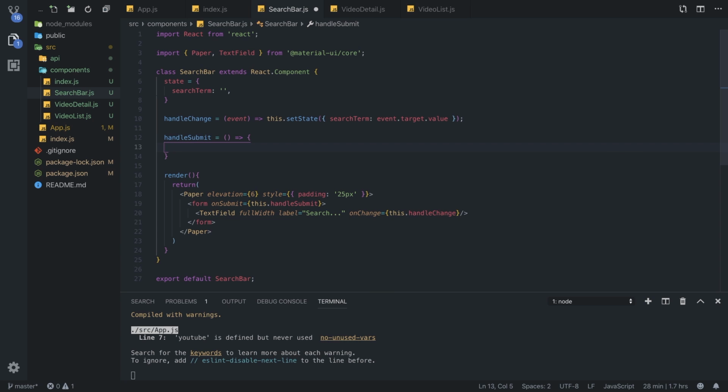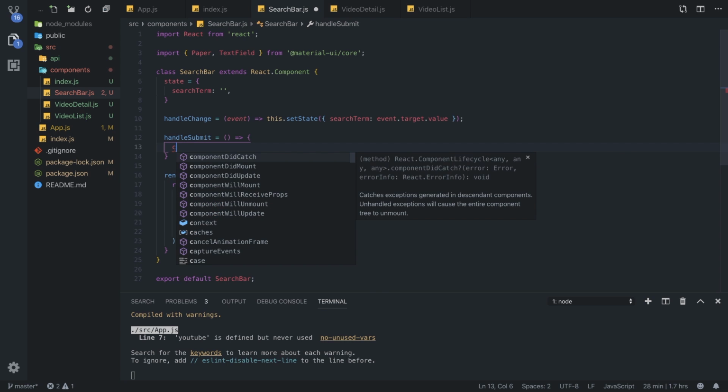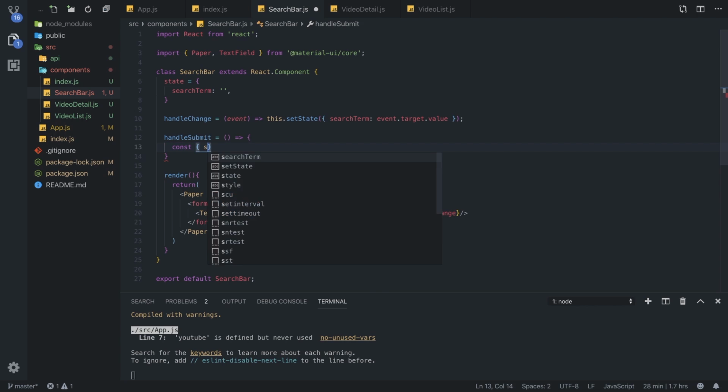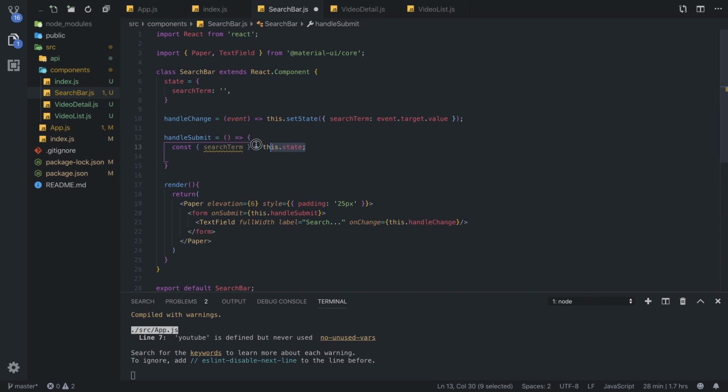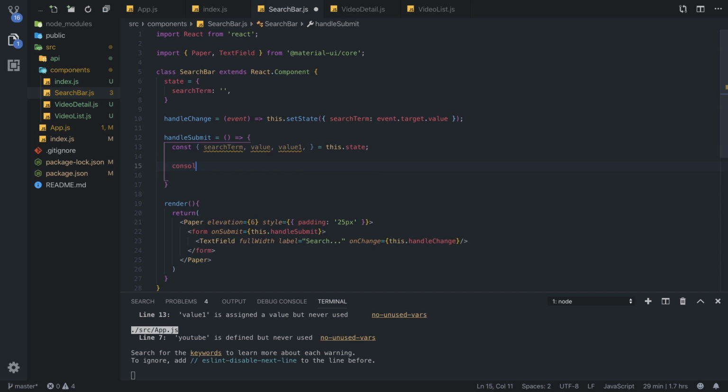And inside of here, we are going to fetch our search term from the state. So this is another huge thing in React. It's called destructuring. It was brought in ES6 to JavaScript, and it majorly changed the way that we write JavaScript. So this line right here, if you have never heard of destructuring, basically takes in the search term from this.state. Let's say we have a lot of values. So we have value1, value2, value3, and a lot of values. Every time that we want to do something with those values,